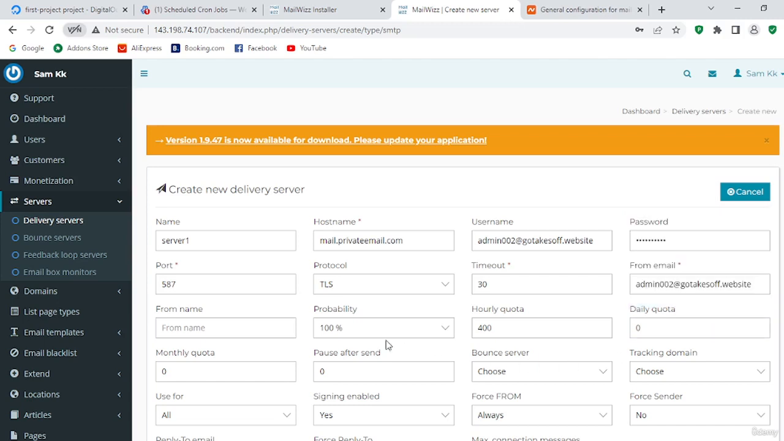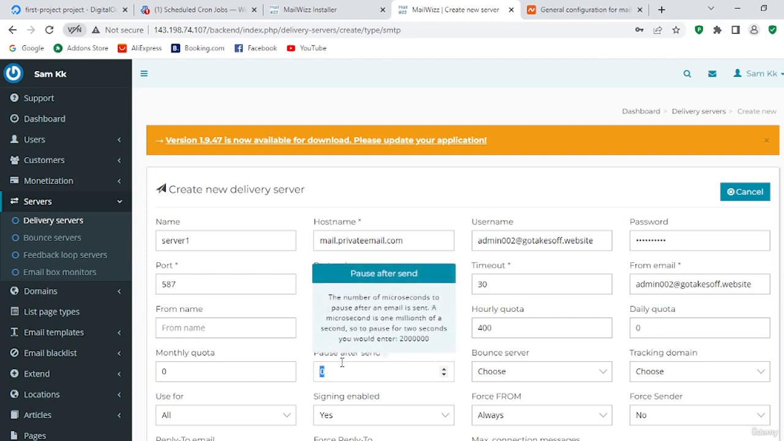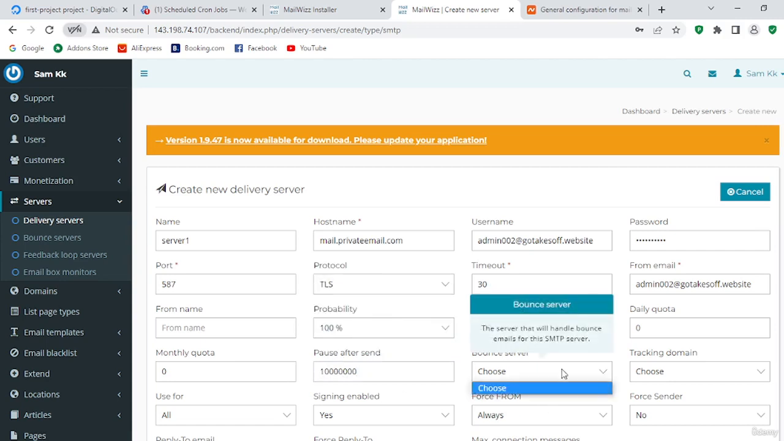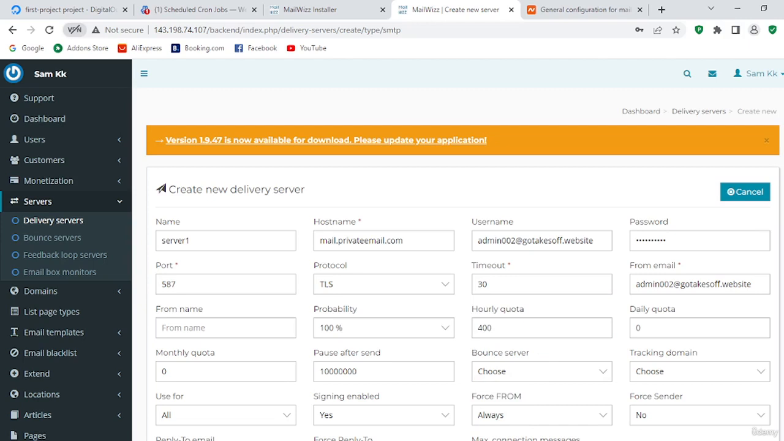Okay, probability 100%, and let me go with like 5 second or 10 second. Okay, so we have to enter like 10, 1 2 3 4 5 6. Okay, and 10 second. Okay, if you want to add your bounce server, basically bounce server is the server which will receive the emails